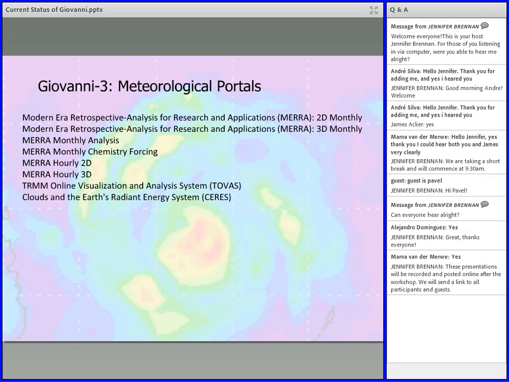And then when you get into meteorology, we have some really good data sets from the Modern Era Retrospective Analysis for Research and Applications, which I won't say again. I'll just call it MERRA for short. And you can see that we have quite a few different things from MERRA. And MERRA is really a good go-to set if you're looking for unusual data sets. You've got winds, temperatures, quite a few atmospheric variables from the top of the atmosphere to the bottom. As I noted before, we have all the data from TRMM, a wide variety of products, ground station data, still a very useful place to look for meteorological and especially rainfall data. And then we have some data from CERES as well.